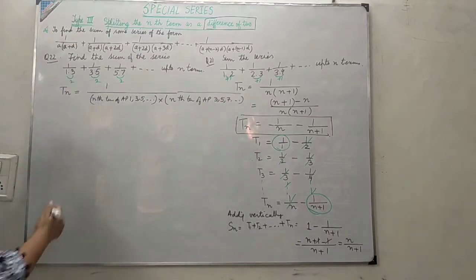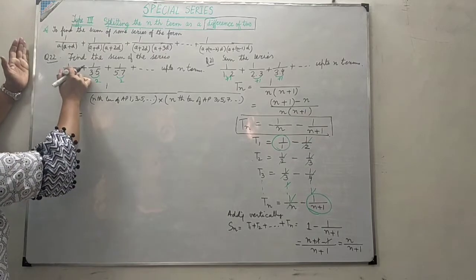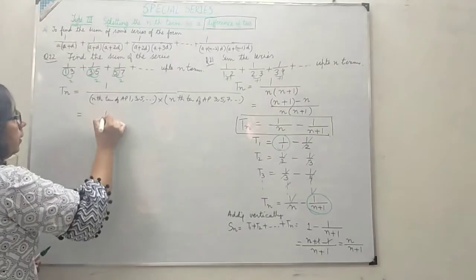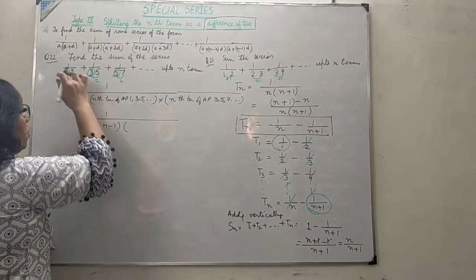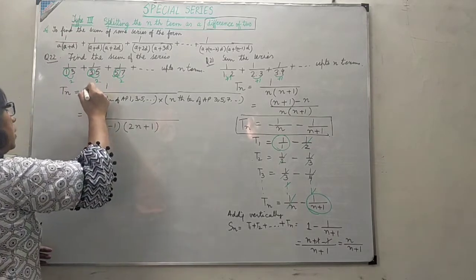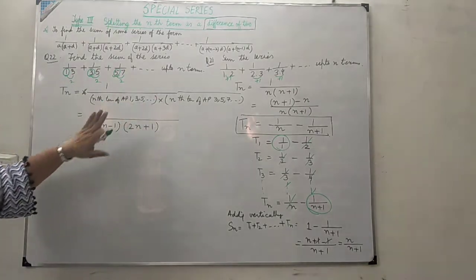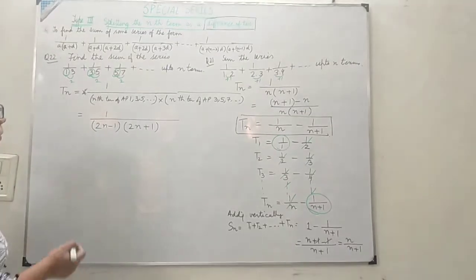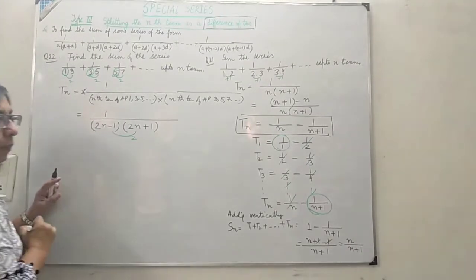You may do it this way also. You know that if the natural numbers start with 1, 3, 5 and so on, then the general term will become 2n minus 1, and because the difference is 2, the next is 2n plus 1. This is a step; you can add it or you can do it verbally and use this. Now again you check the difference here, it is 2.